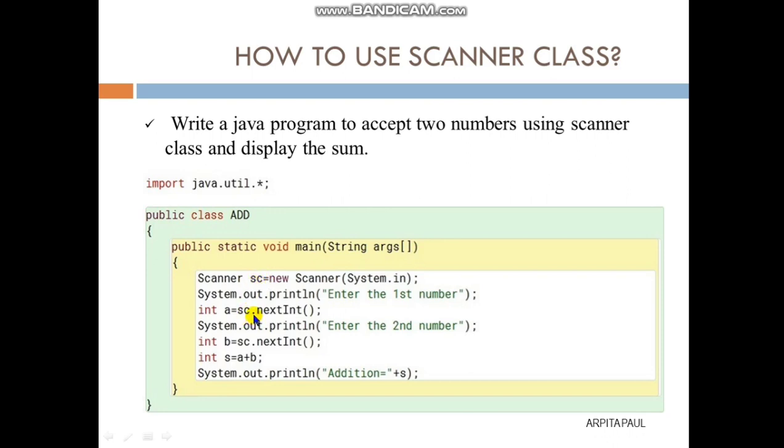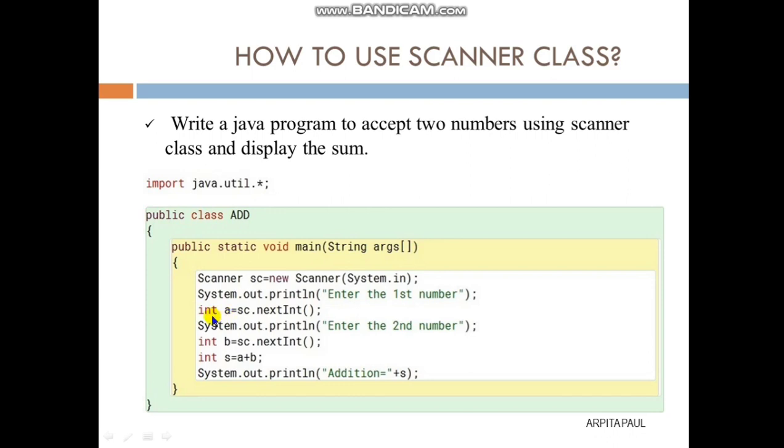Then separated with a dot, this is called dot operator, and to call a method of a class we will use this dot operator. Now we are using the integer method of this scanner class. Okay, why? Because the variable we are declaring here is integer type, and for that we need to use the nextInt method. Please notice that for nextInt, I is capital and you have to maintain that. Okay, so int a = sc.nextInt(); So this is how we will take input and we will store the input in variable a.